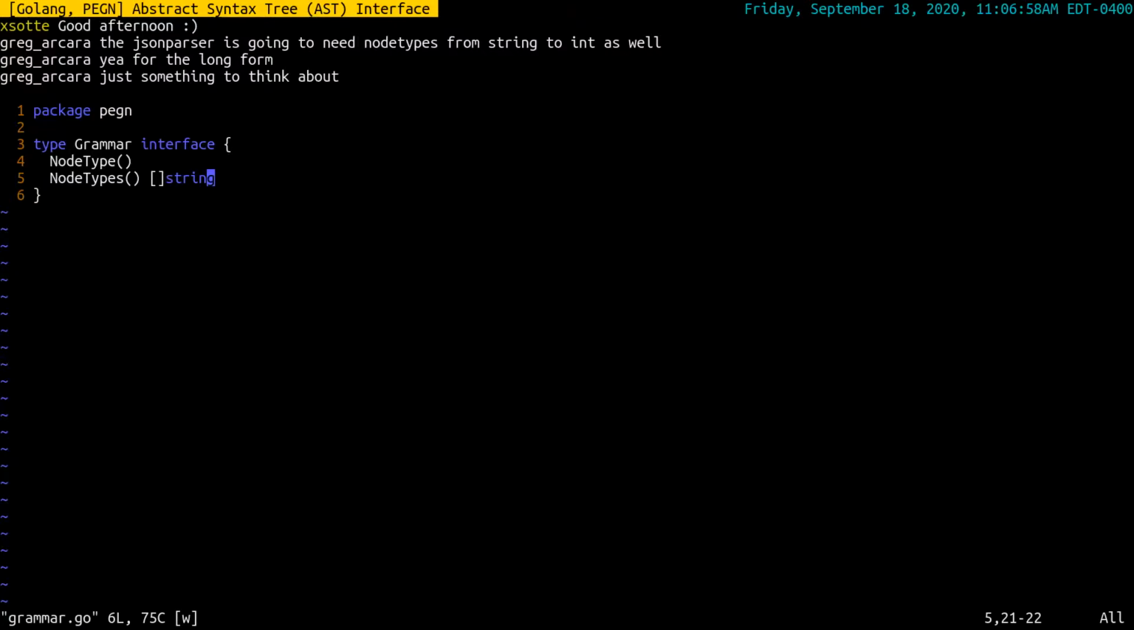Let's do node types, and then we need to do node type. We need another one for what are we going to say? Node. I want to say type int, or what do I want to say? Node type. So if node type is passed an int,